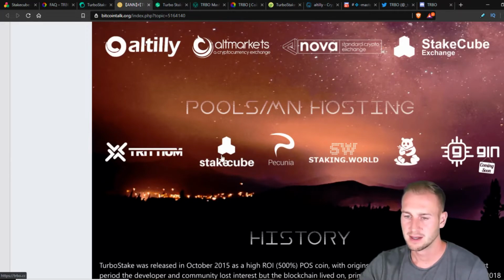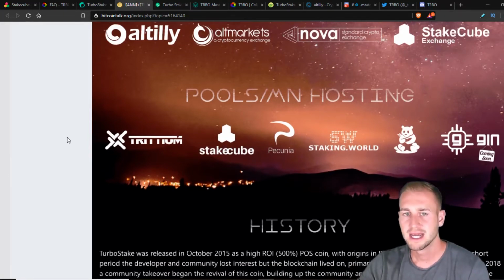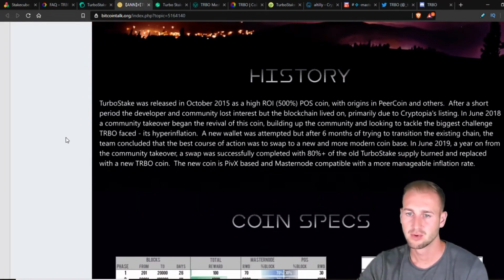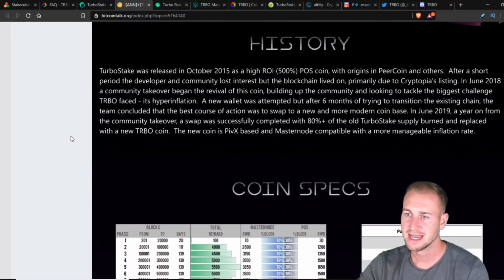StakeCube obviously being the trusted partner we know here and the one we're going to be focusing on. So a bit of history about it as well. The coin was released in October 2015 as a high ROI proof of stake coin. And obviously once that actually started to collapse with the old developers leaving the project, it was then taken over